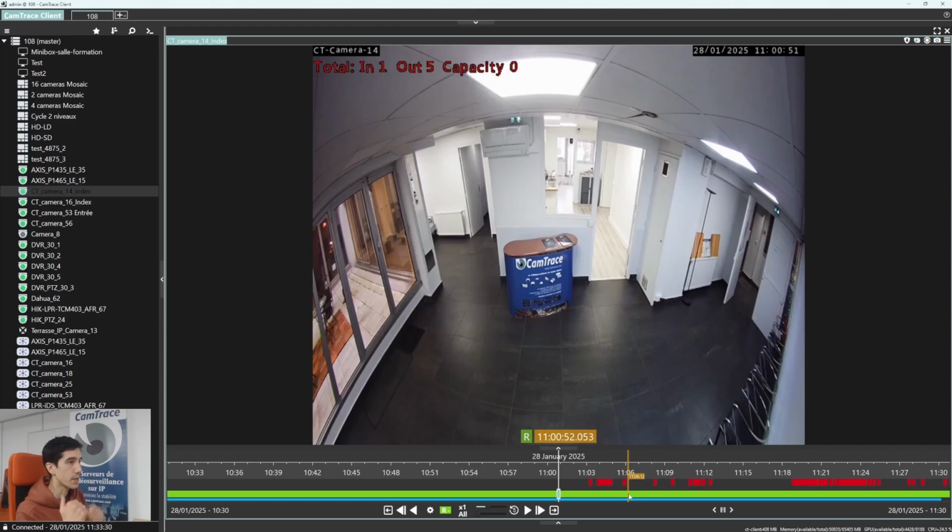So every time someone is passing by, it will trigger this alarm recording track. So of course you can click the play button here to review the video footage. You can also move this cursor to increase the speed.